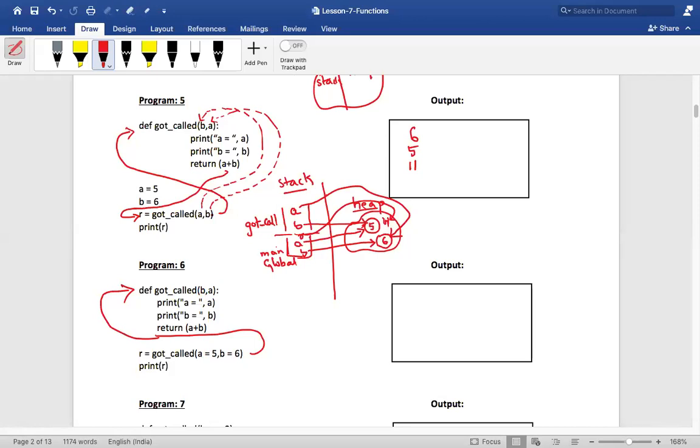This is position based passing of parameters, whereas this is not position based, this is keyword based. Here A is equal to 5, so even though the parameter names or positions have been exchanged, 5 will still go and sit in A itself. Let me write it. 5 will go and sit in A, and 6, since I said B is equal to 6, will go and sit in B over here.